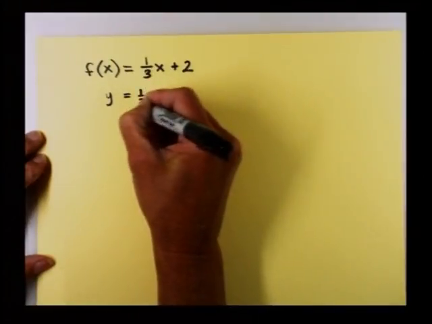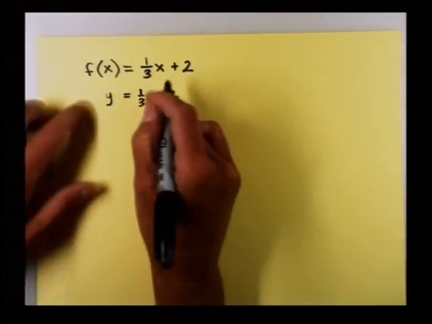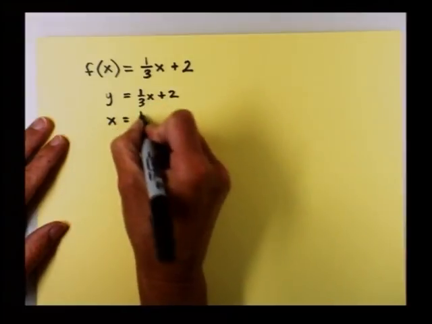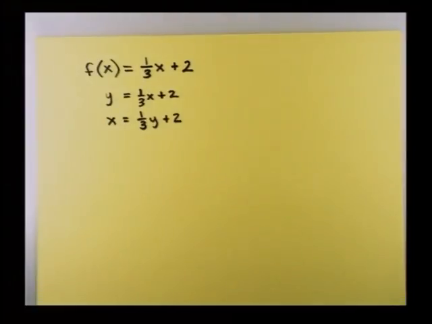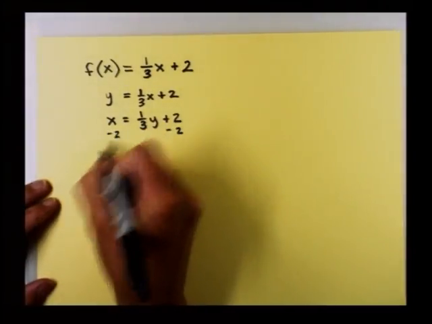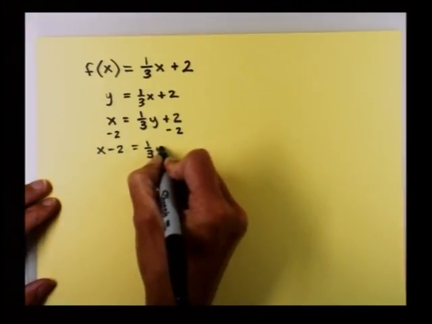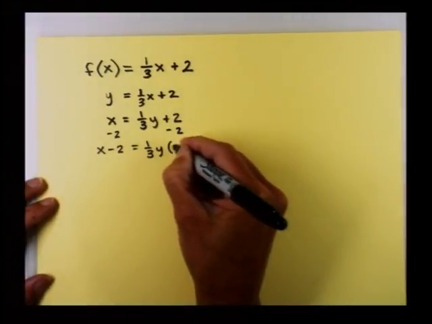Okay, so let's double check your work in finding the inverse. So our first step was we were going to let x and y trade places. And now we're going to solve for y. If I want to get rid of that 1/3, I'll multiply here by